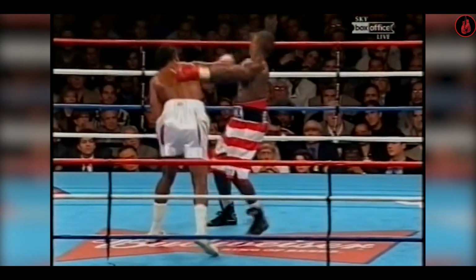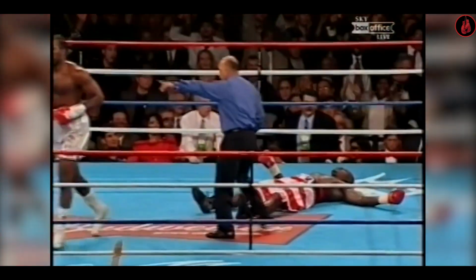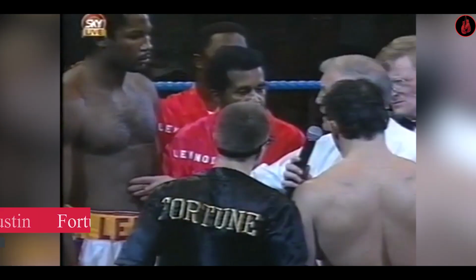Going to get his jab more powerful. Oh! Wonderful shot by Lennox